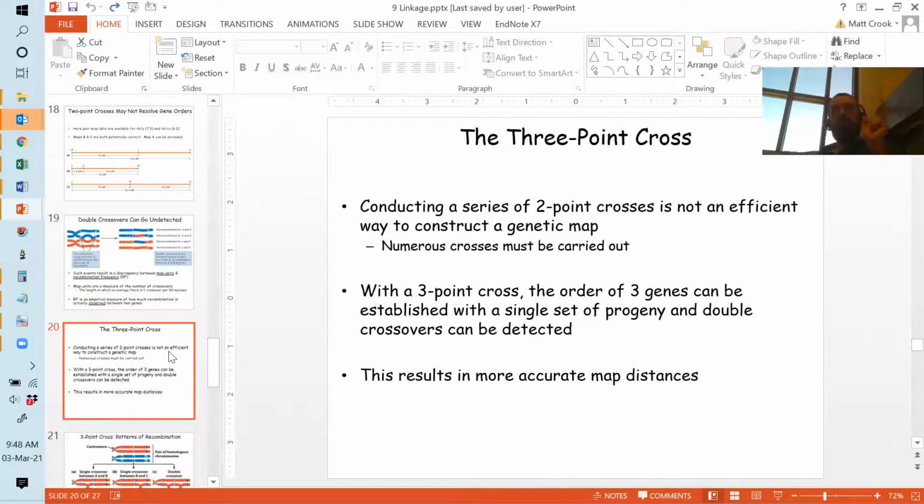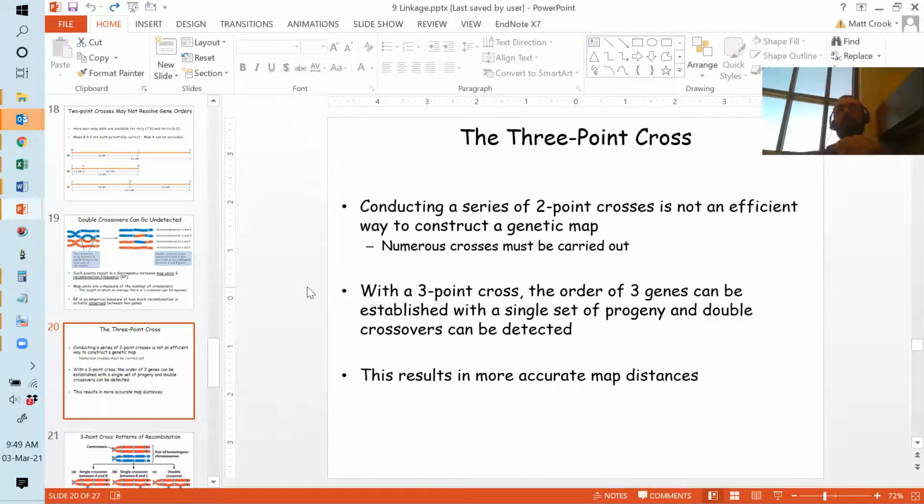You can do a 2-point cross between, say, white and diminutive males, and you can do another 2-point cross between white and miniature wings. The question is, is white in the middle? Is white in between? Where is white relative to those different genes? We don't actually know by doing a 2-point cross. And so the best way of doing that would be to do a 3-point cross,